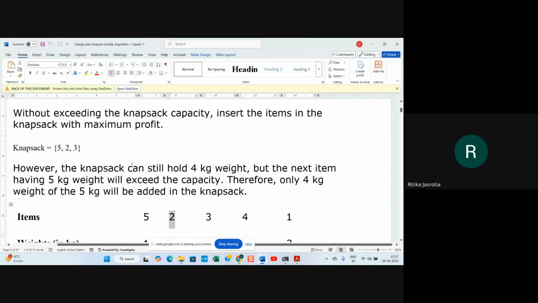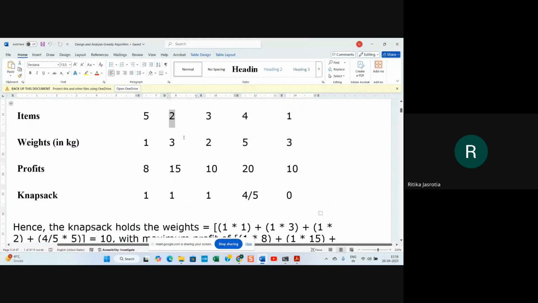If that is the case, okay, we'll see how much is there. So from 10, if we decrease, we are left with 9 kgs. Now again, the second item is selected, the weight of that item is 3. So if we put 3 kgs of weight, then 3 and 1 is 4 kgs are done.